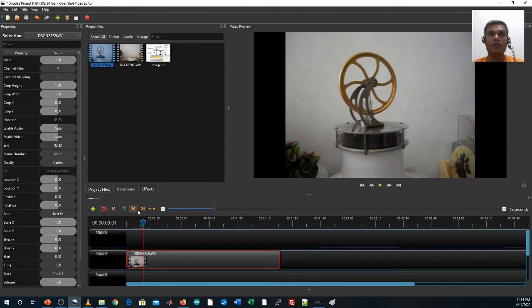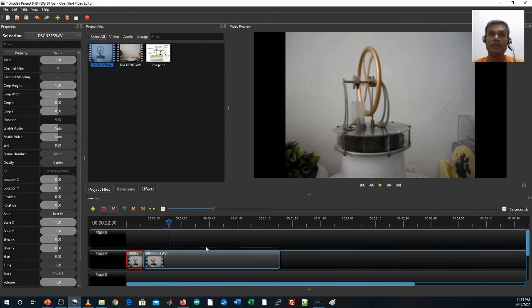So I go there, and now I click on this razor tool icon. Once you click it, you can see it is selected, and now whenever I move my mouse pointer across the track, it has changed the shape. So now it's showing a line and a knife-like icon. So I go to the point where I want to have the split, click it, and now you can see the single clip has divided into two separate clips,